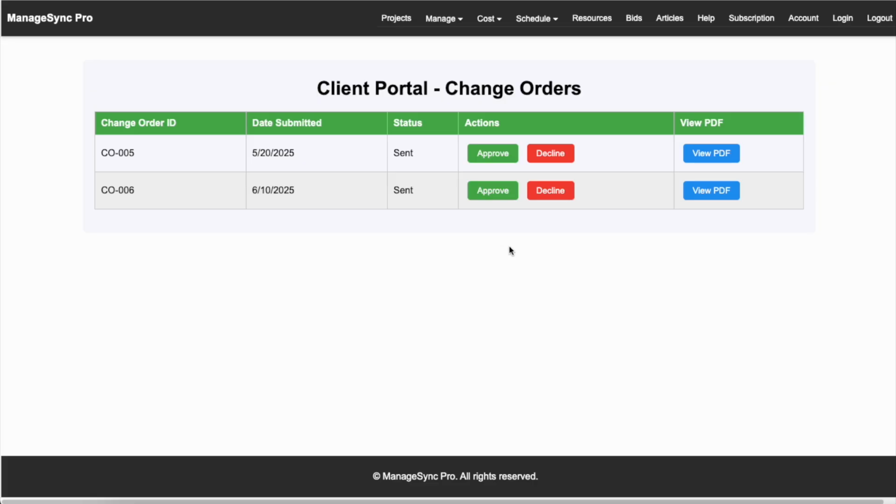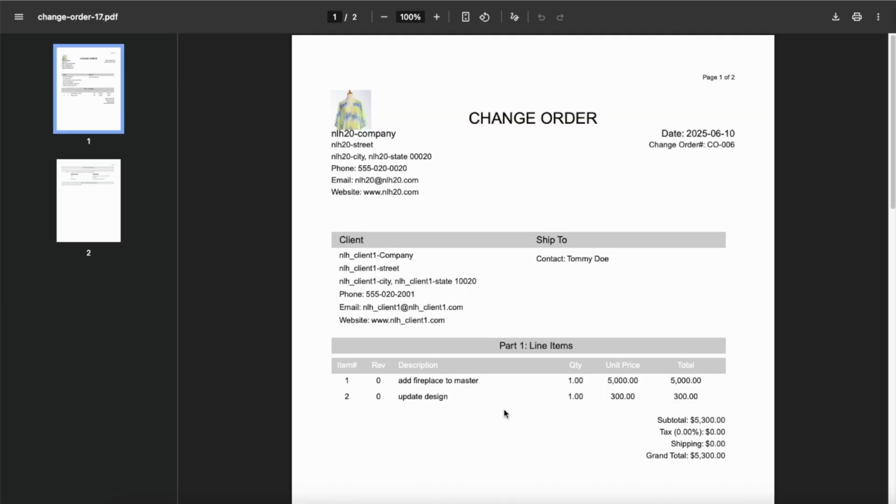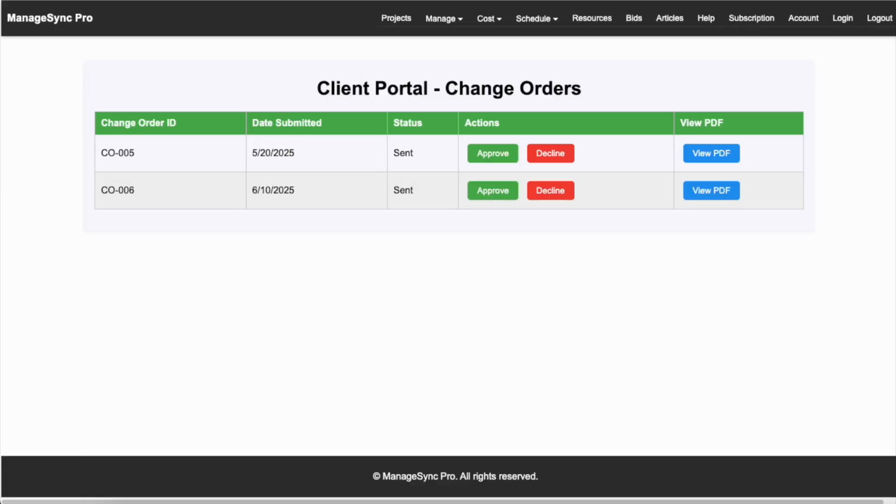Okay, so now we've logged in as that client, and the client, when they log in, they're directed to a client portal, and this is the only page they're able to look at. So here's what we just entered. Add a fireplace to the master, update the design. And then if the client approves it,